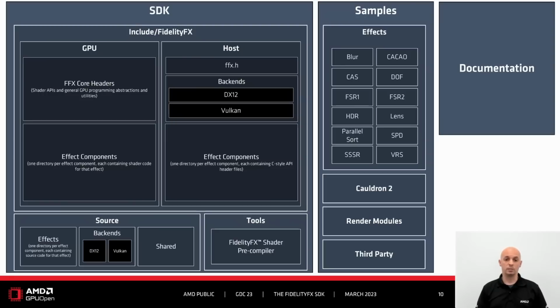The samples directory is where you'll find our new Cauldron 2.0 framework. This completely re-architected framework is built on the concept of render modules, which can be thought of as rendering feature nodes in a modern-day render graph. The render modules folder contains common render modules used by most of our samples. For instance, rendering a G-buffer or a sky dome, doing a transparency pass, or rendering particles. Each effect sample will also implement its own render module to demonstrate just how to use one or more of our effect components as you would in your own game. Lastly, we'll provide all documentation in various formats like CHM, HTML, and MD formats for easy browsing.